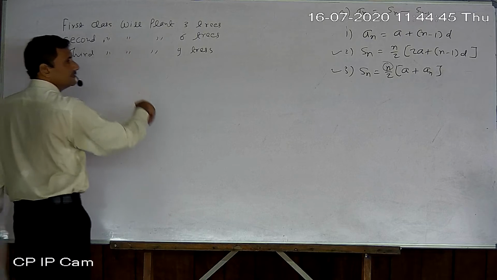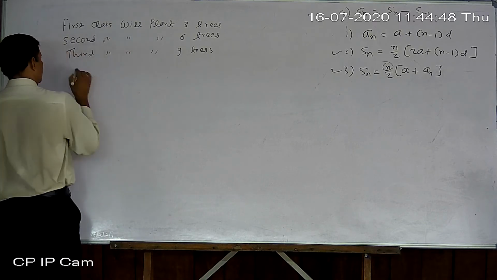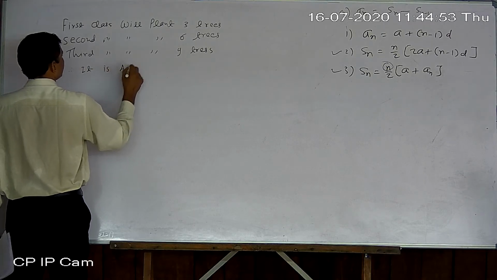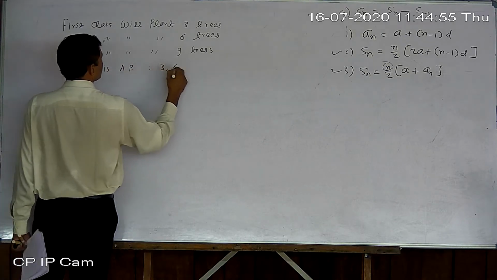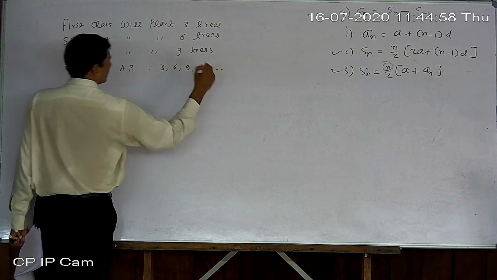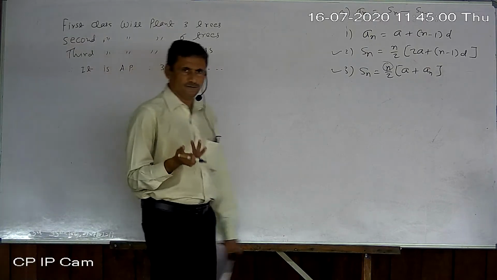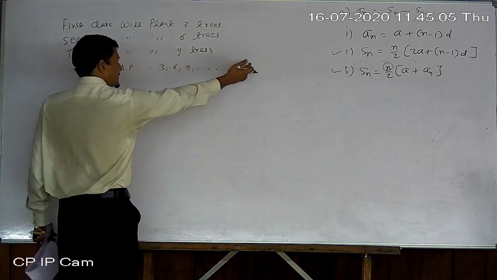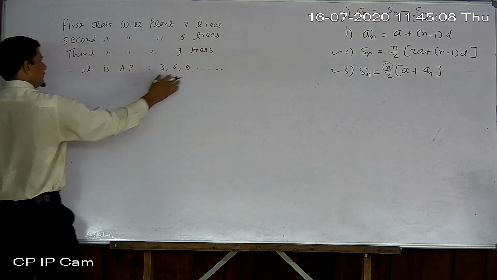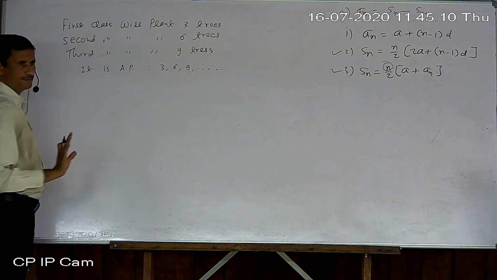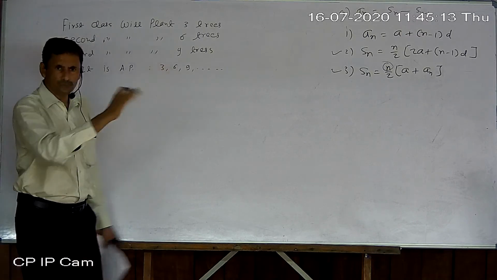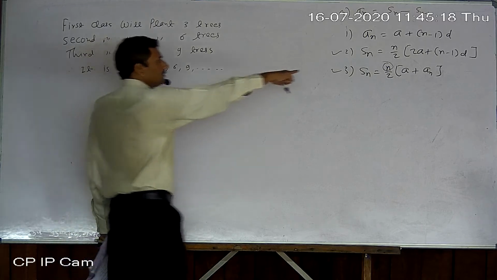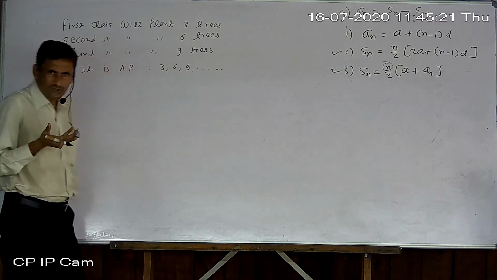Now you understand. It is nothing but an arithmetic progression. So it is the AP 3, 6, 9, up to 12 terms. The last term will obviously be 12 3s are 36, which you can write down also. If you want, you can write that also. But for using the second formula, there is no need to write the last term. If you write the last term, then you can use the third formula also. Both are not very different.